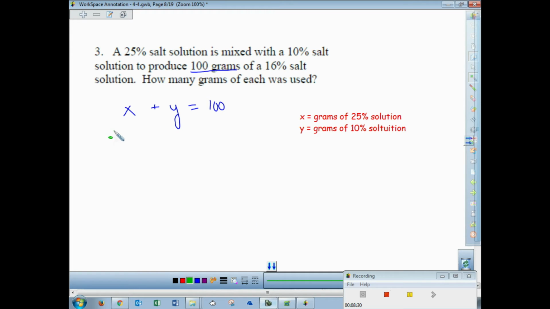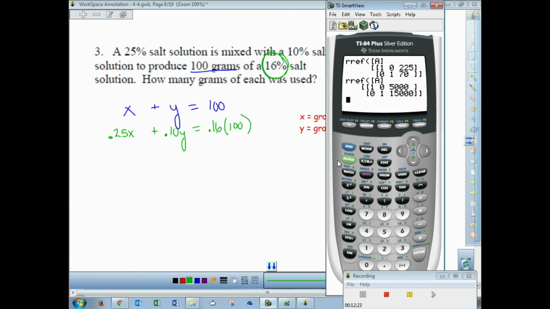The second equation is where you throw them percents in there. So change them to decimals: 0.25 times the grams in that, like 25% of it, plus 10% of y, should equal the other percent, 16%, times the total grams amount that you had from the top. So it's always like boot times brat right there. And now to the matrix we shall go. Second matrix,